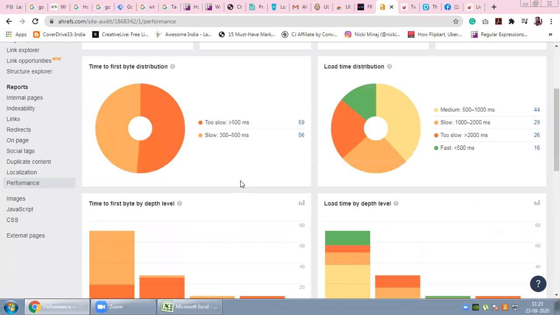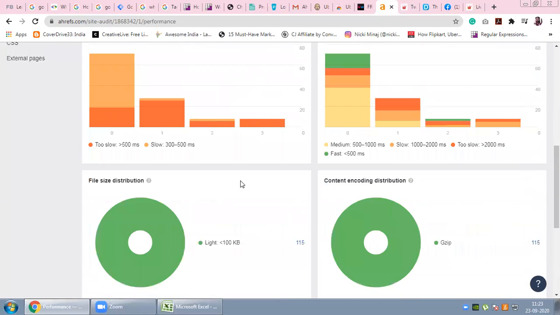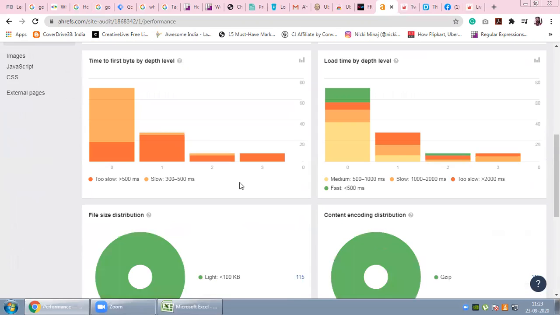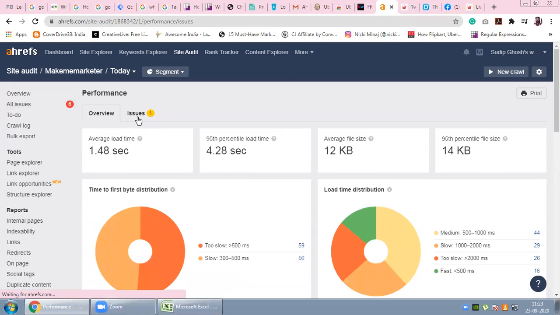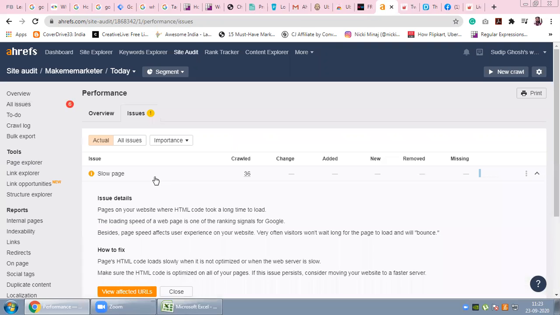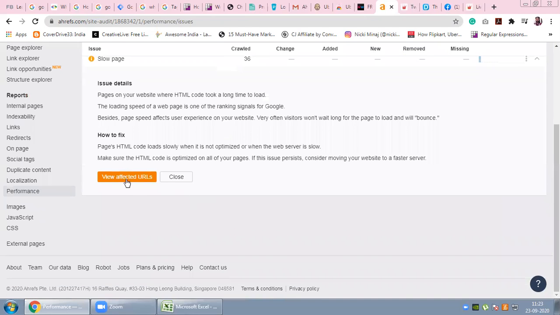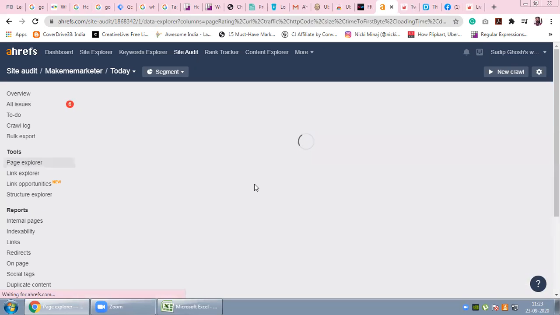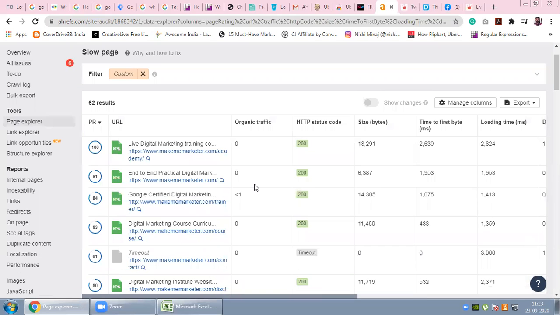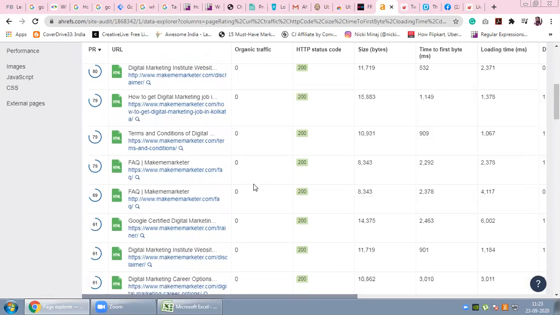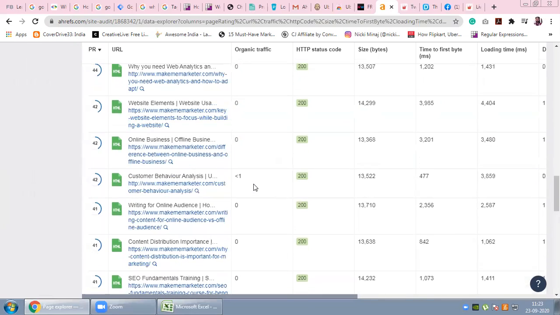There are a lot of changes and a lot of information and improvements they are showing. So I can go through each of my pages and improve segment-wise or element-wise. It will be easier for SEO professionals to fix all the issues.